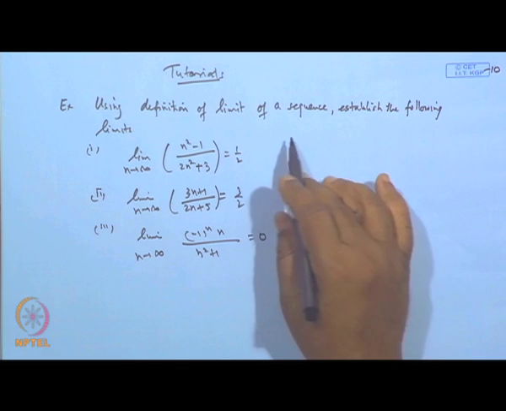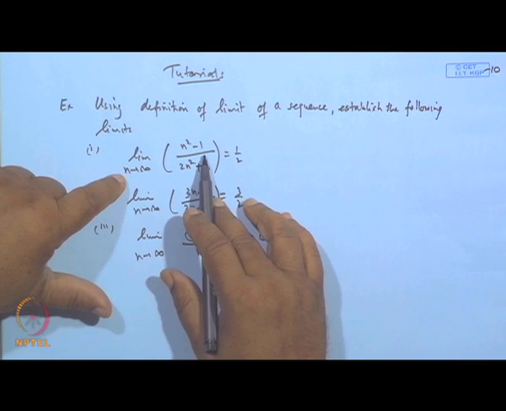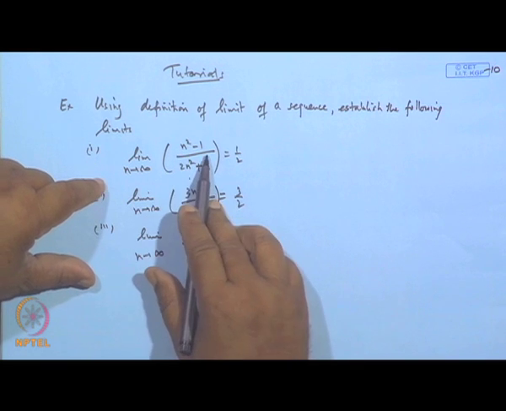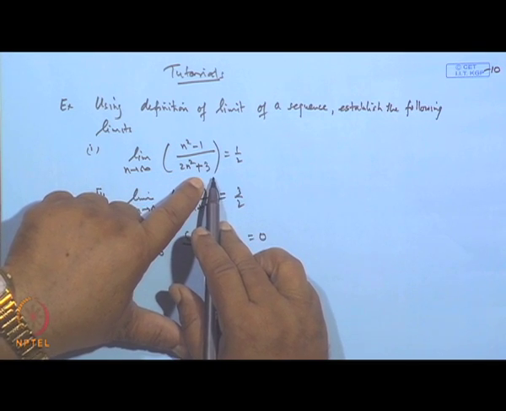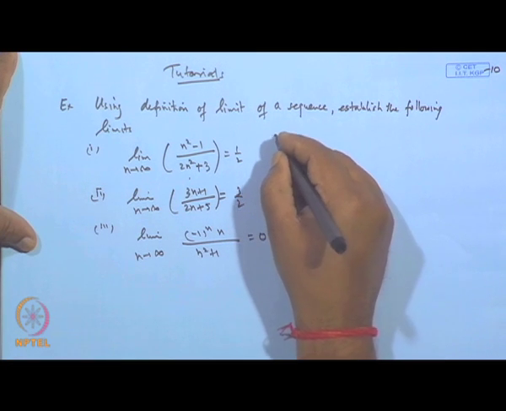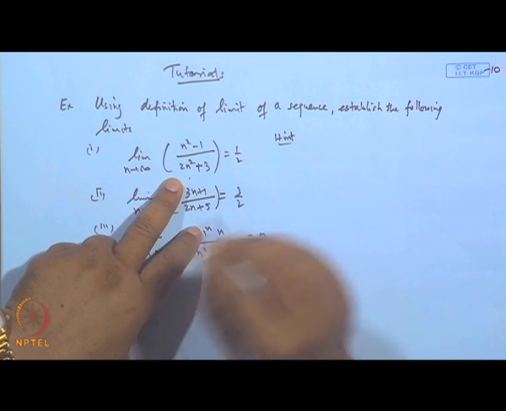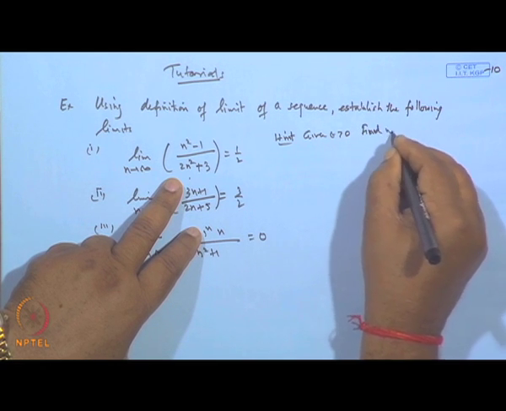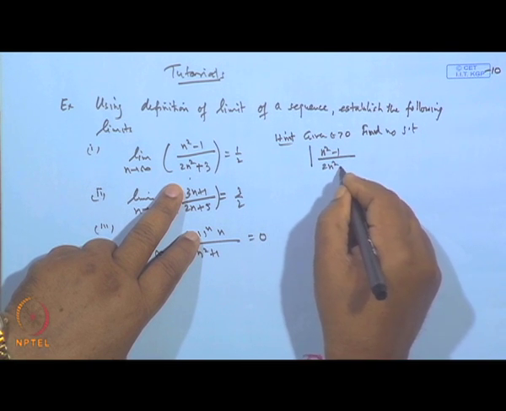Now, without the epsilon definition, we can find the limit very quickly. When we substitute n equal to infinity, it is infinity by infinity, indeterminate. So, we divide by n square and get (1 minus 1 by n square) over (2 plus 3 by n square). When n is sufficiently large, it becomes 1 by 2. But how to get the result? Hint: for any given epsilon greater than 0, find n naught such that the modulus of (n square minus 1) over (2n square plus 3)